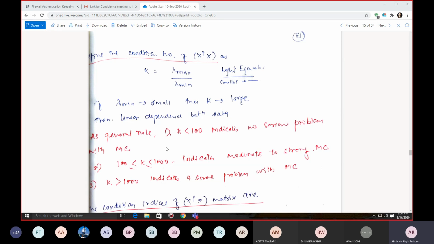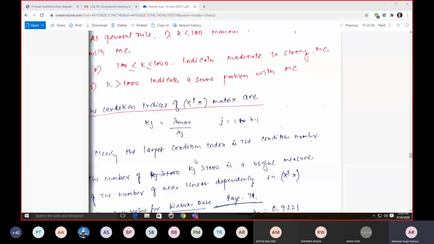When two variables are dependent on each other, we check the correlation coefficient in the correlation matrix. If multiple regressors are associated with each other, we go for the eigenvalues of the correlation matrix and check the ratio of the maximum to the minimum eigenvalue. So we have three ranges. If we get a value higher than 1000, it means that we are suffering from multicollinearity. Fine.